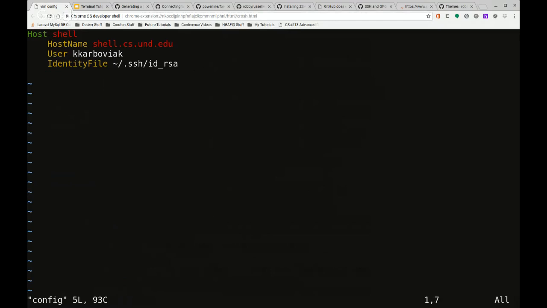So I created this one. I just called it shell. The host name is shell.cs.und.edu. I'll change this to shell. So you give it the host name, user, and then the identity file that you want to use for it. So if we write that,